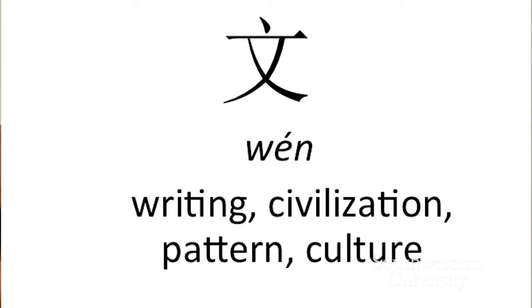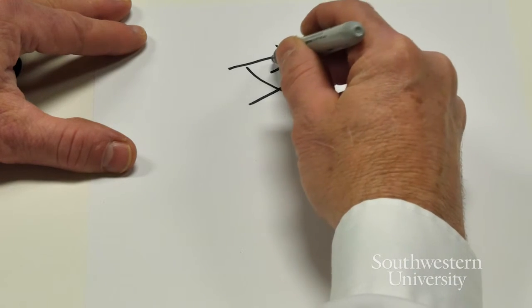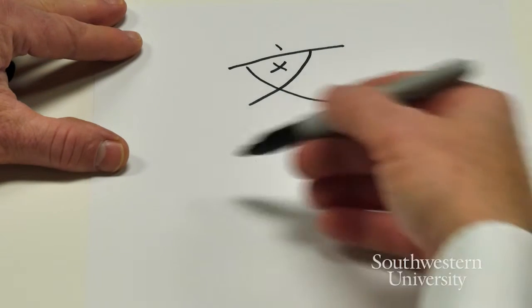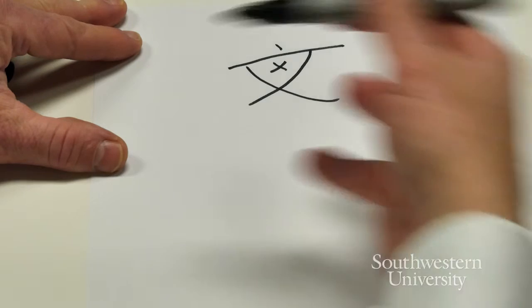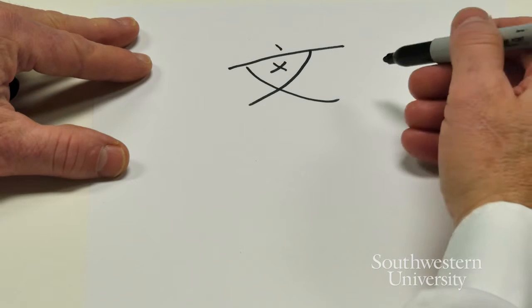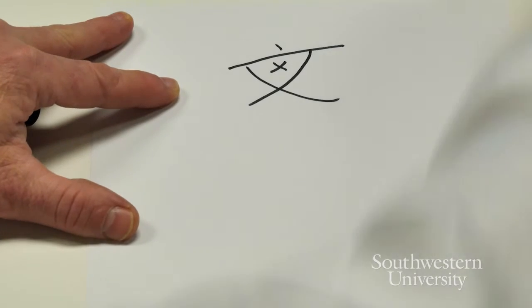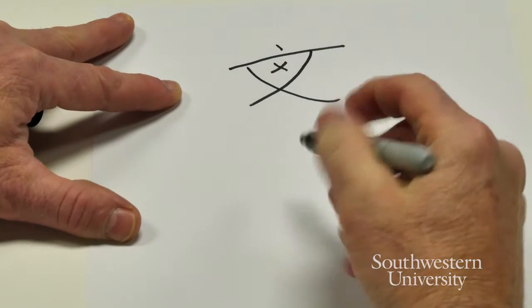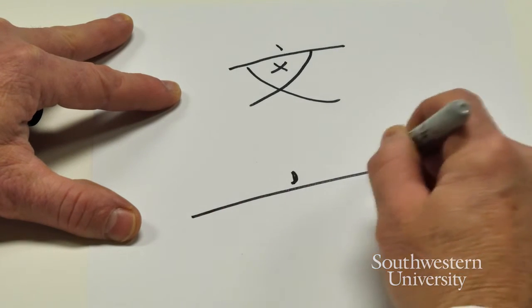The next character is a very interesting character. Originally, it was a depiction of a tattoo on a chest. So the ancient form looked something like this, a person with a mark on the chest. By extension it meant pattern or a mark or marks that indicate what's within. It has to do with anything to do with written language, civilization, culture, and patterns. It's a very prominent character. It's written with the dian on top. We can make that big enough, and then a hung, pie,